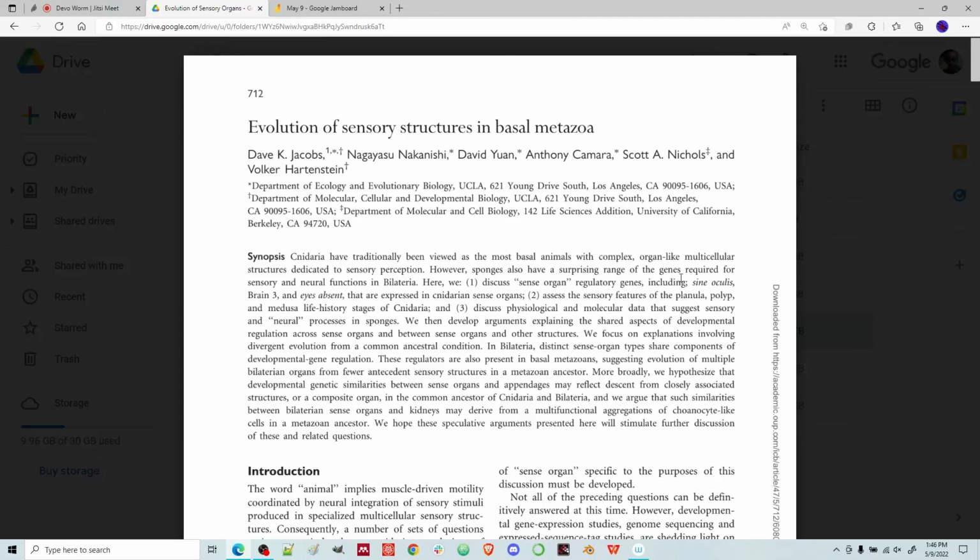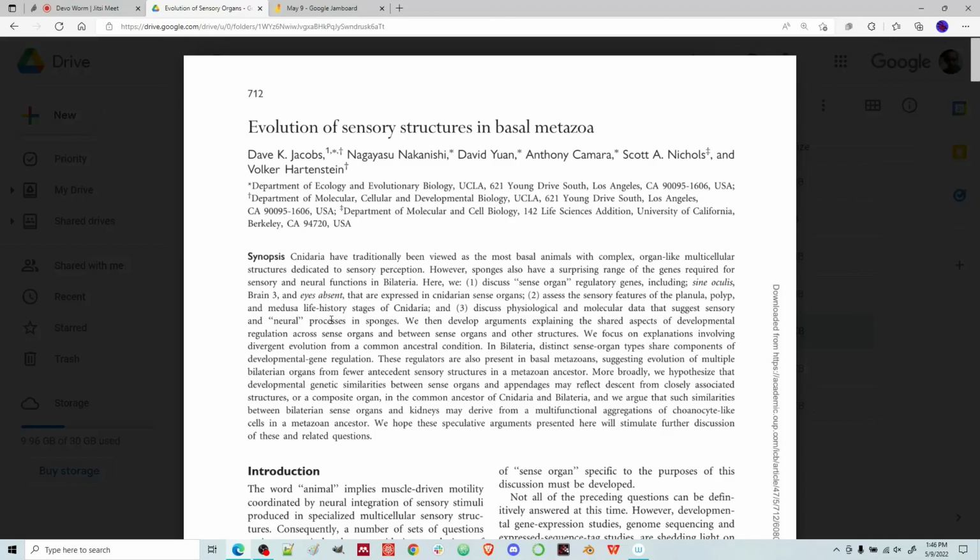Sponges have a surprising range of the genes required for sensory and neural functions in bilateria. Sponges express different types of synaptic proteins that we see today in more complex nervous systems. Here we discuss sense organ regulatory genes, including sine oculis, brain 3, and eyes absent, that are expressed in Cnidarian sense organs. Two, they assess the sensory features of the planula, polyp, and medusa life history stages. And three, they discuss the physiological molecular data that suggests sensory and neural